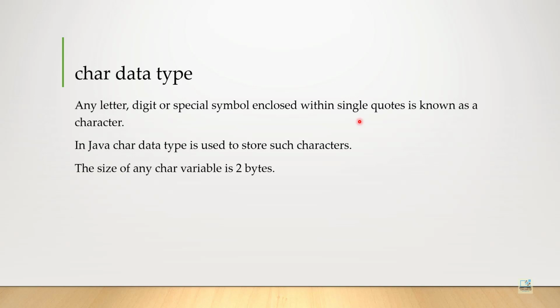Anything enclosed in single quotes is known as a character. In Java, we have the char data type which is used to store such characters, and the size of any char variable is 2 bytes.